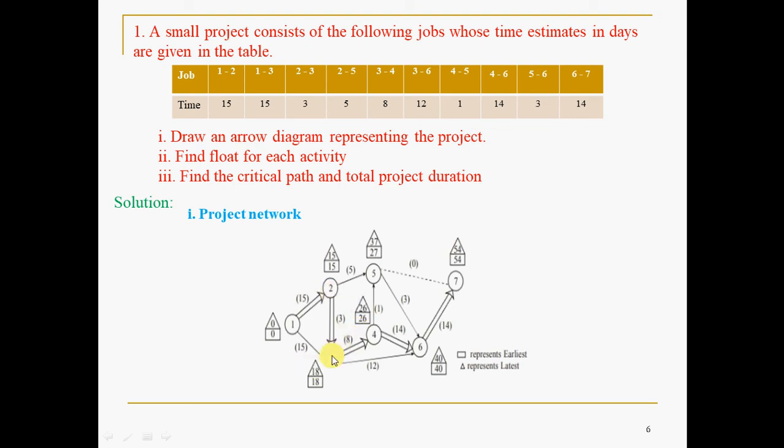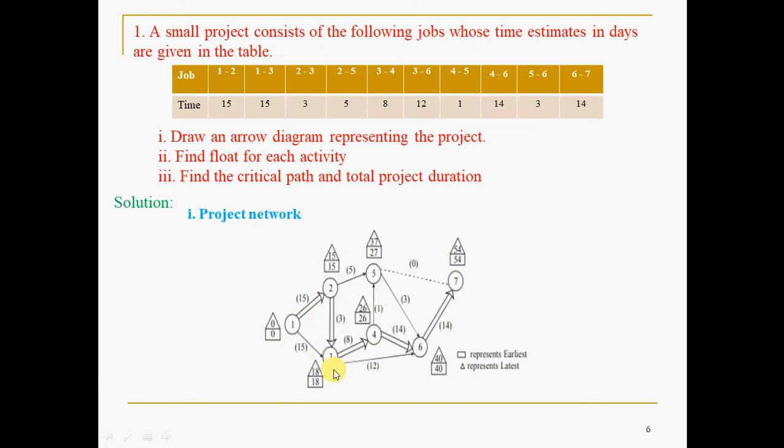And 2, you can reach in 2 ways. How? You can go like this in the backward path, or you can go like this. If you go like this, 18 minus 3, 15, and 37 minus 5, 32. Whichever is least, that you have to fill here. 3 to 2, that is 18 minus 3, 15, and 5 to 2, 37 minus 5, that is 32. Whichever is least or minimum, you have to take.